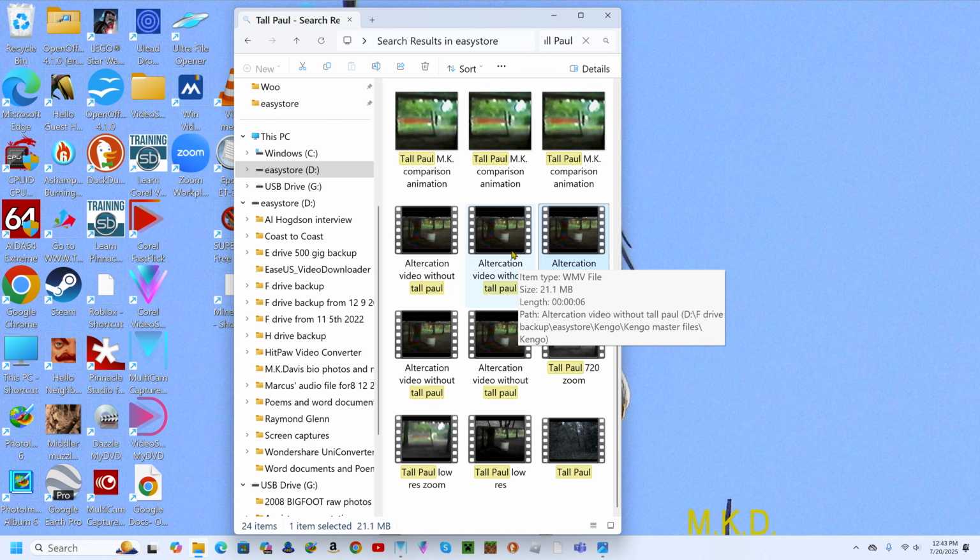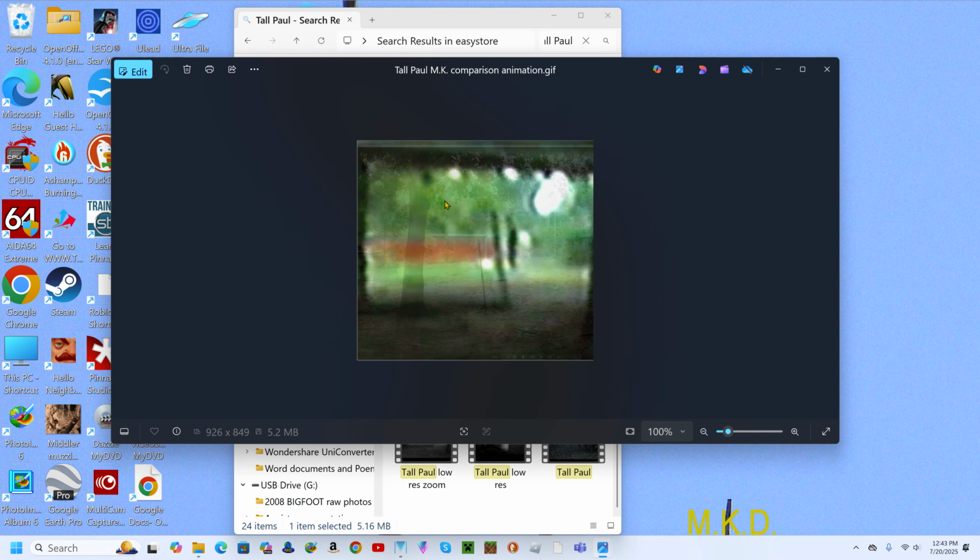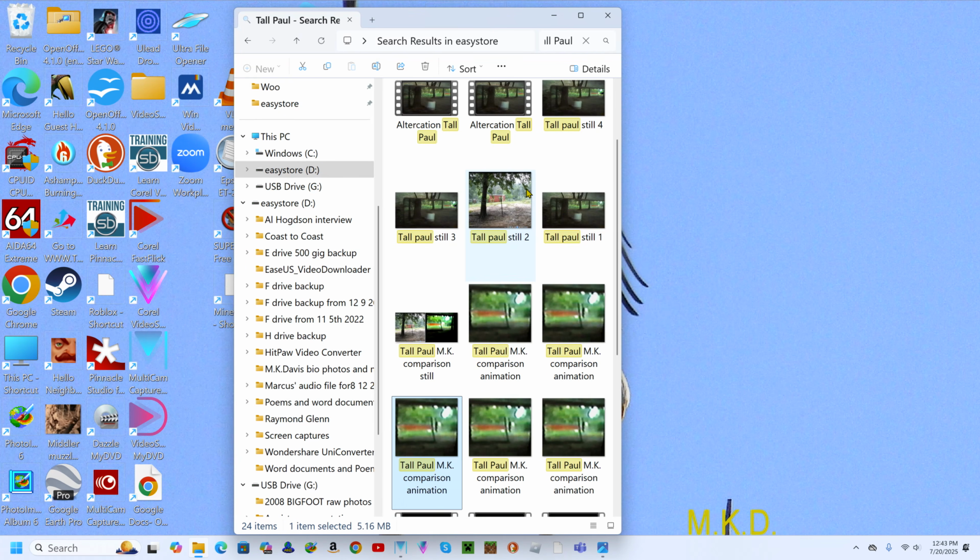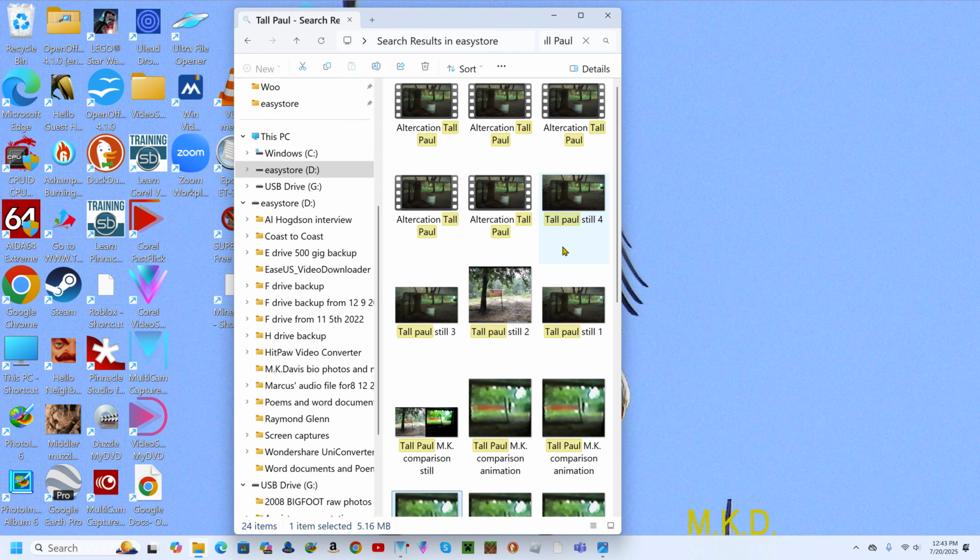Now, I'm still looking for that one that shows it best. That's a comparison. Watch him shimmer. You see little bits of the leg will disappear, the upper torso will disappear, and when he finally makes it across there, everything comes together.